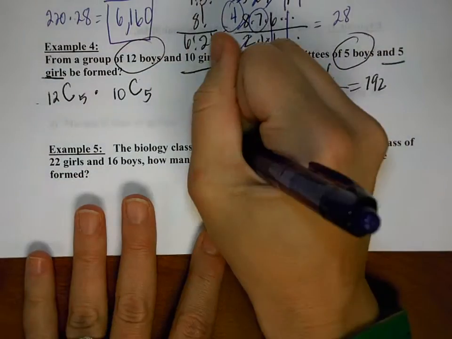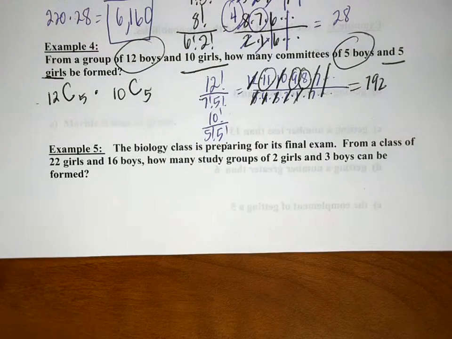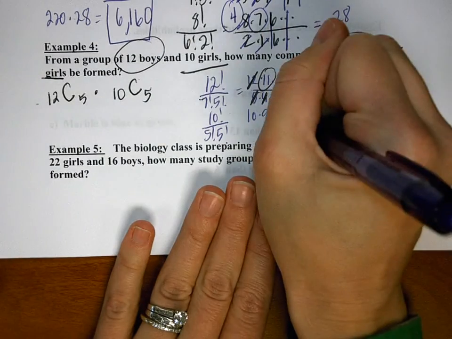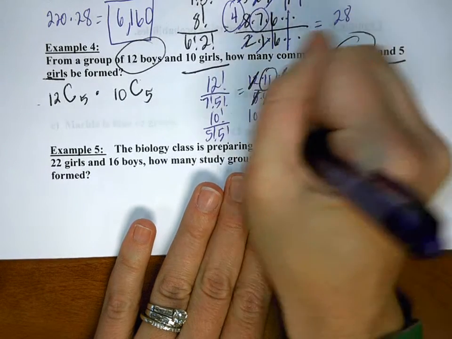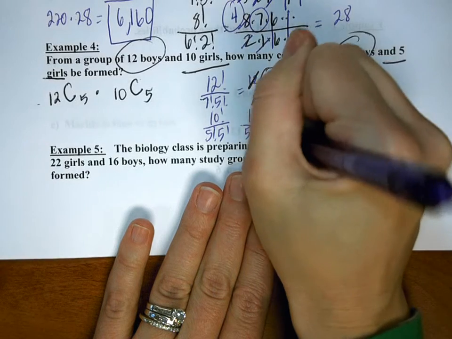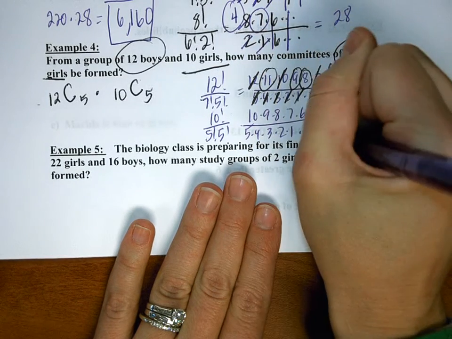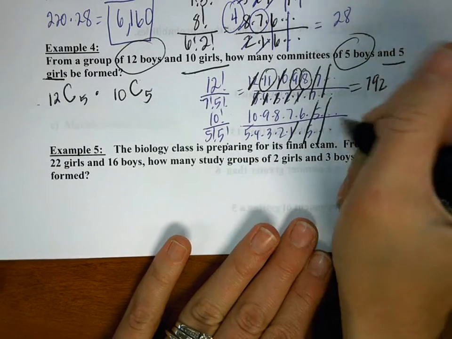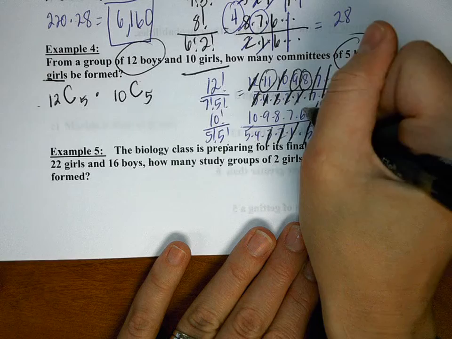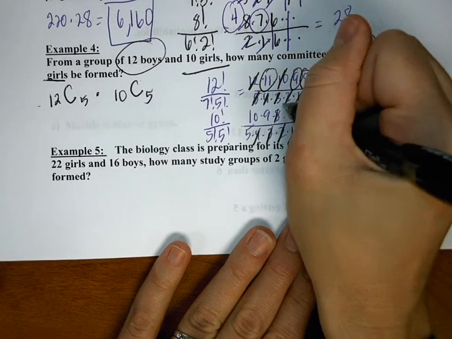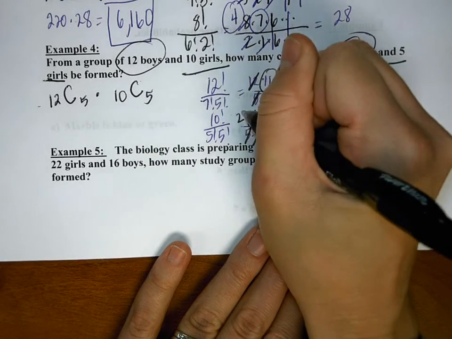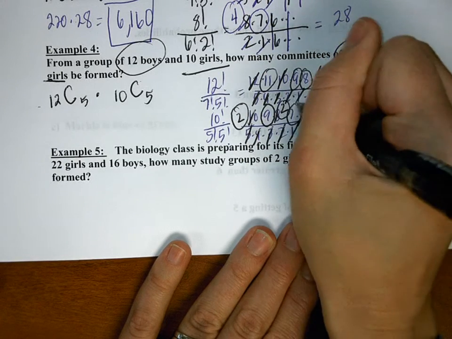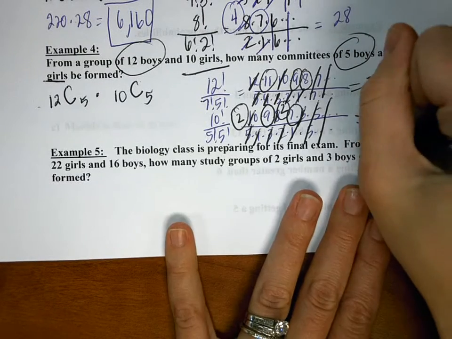Other one is 10 factorial over what? 5 factorial, 5 factorial, right? Because we already have the 5, and then 10 minus 5 is still 5. So we have 10 times 9 times 8 times 7 times 6 times 5, on the bottom, 5 times 4 times 3 times 2 times 1 times 5. 5's and the dots cancel. 1 doesn't matter. 3 times 2 is 6. 4 goes into 8 2 times. 5 goes into 10 2 times. 2, 9, 2, 7. We multiply those together and we get